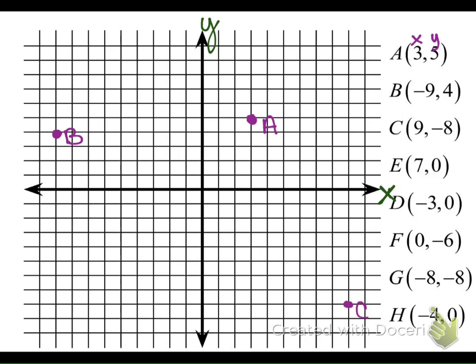Okay, so you want to do D first and then come back to E, just to keep in. You'll do E? Okay. So I start at the origin. What do I do? To the right? Okay, 1, 2, 3, 4, 5, 6, 7. Then what? Why do I stop right there? You're absolutely right. 1, 2, 3, 4, 5, 6. Why do I stay there again? Because the y is 0. And I label that